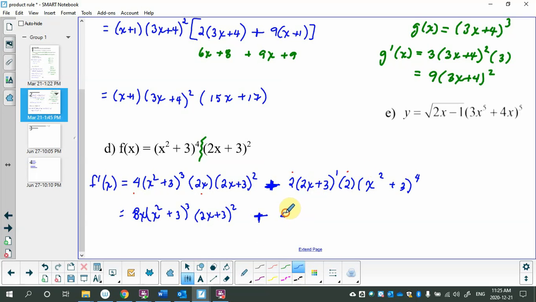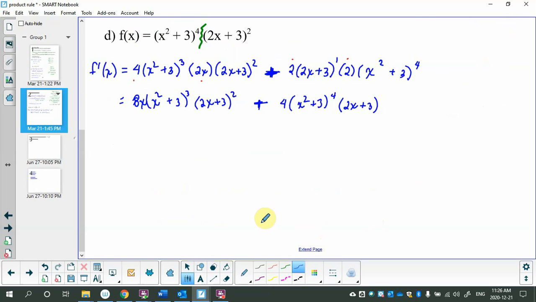So I can make that 4, and here's my tip of the day. Put this bracket first because it was first here. So I'm going to write x squared plus 3 to the 4, and then in a bracket behind, 2x plus 3 to the 1, and of course I'm going to leave off the 1 because of laziness. And now I can factor, and here's the plus sign that is the dividing line. So I need to factor or compare this